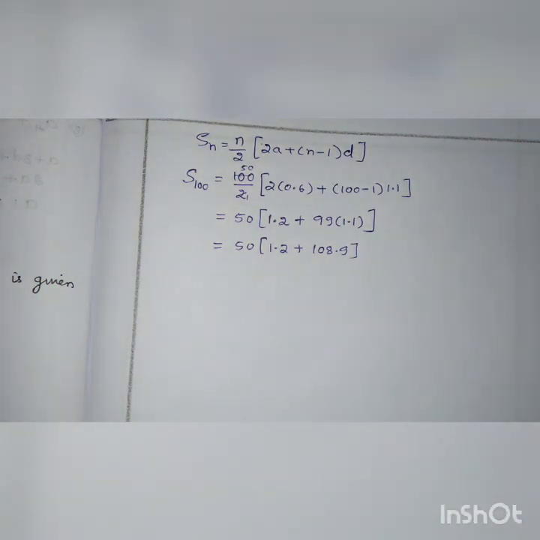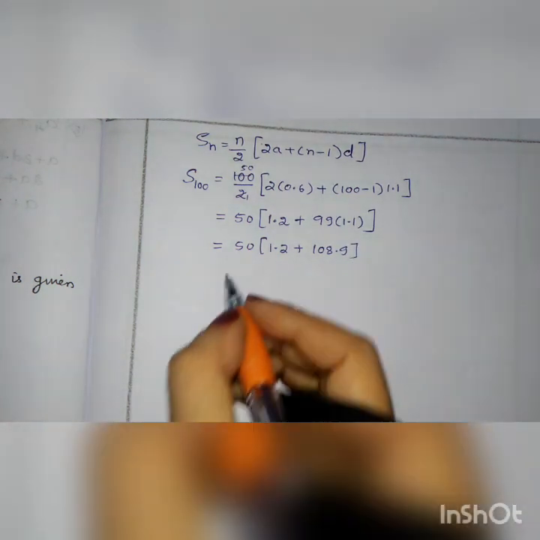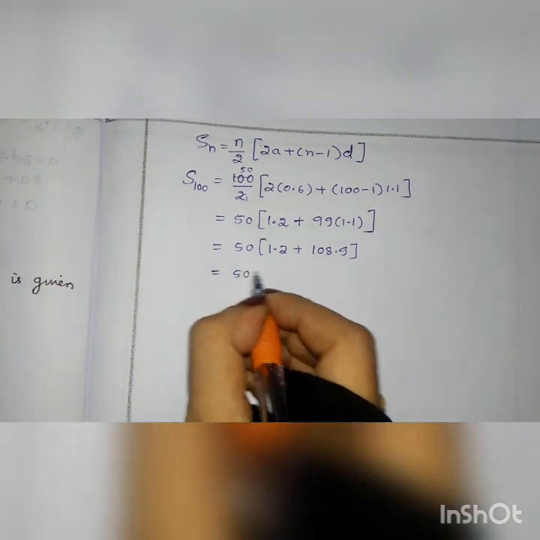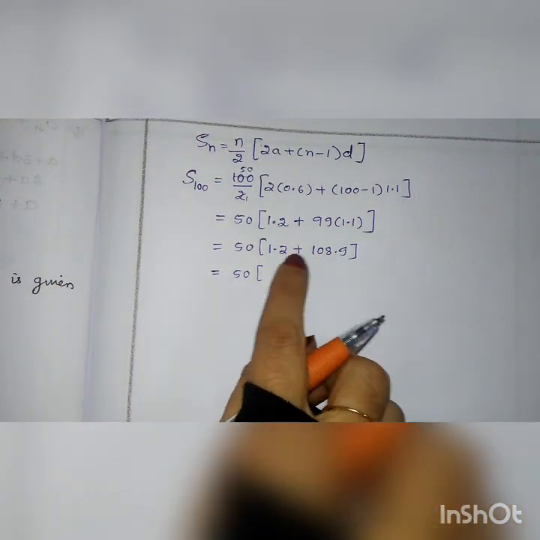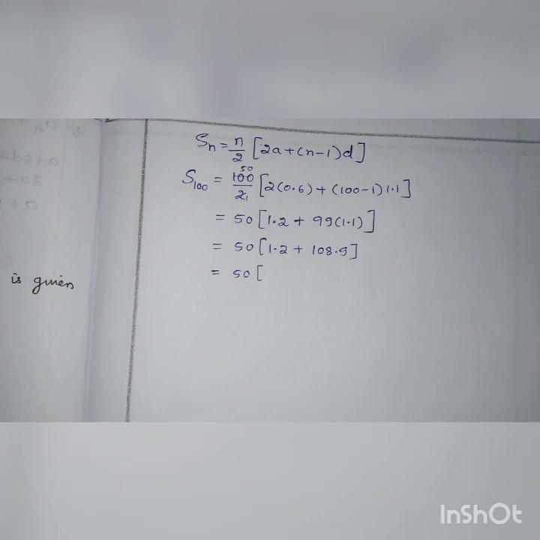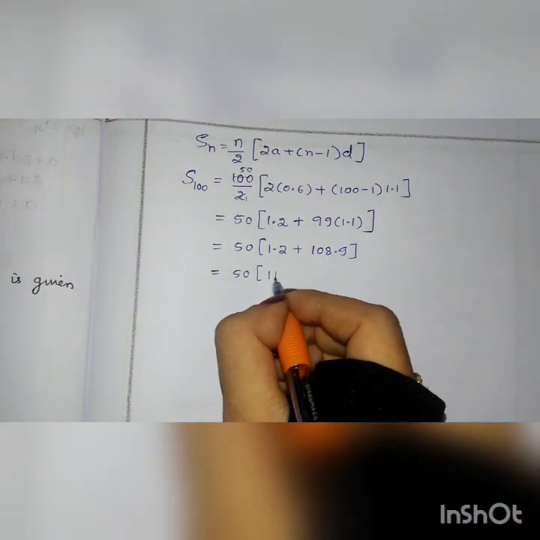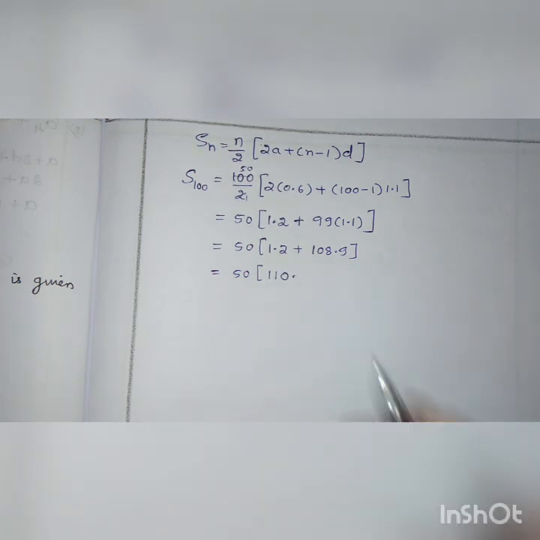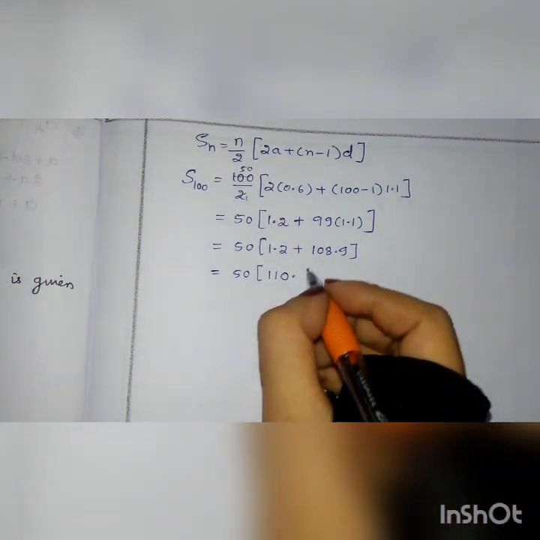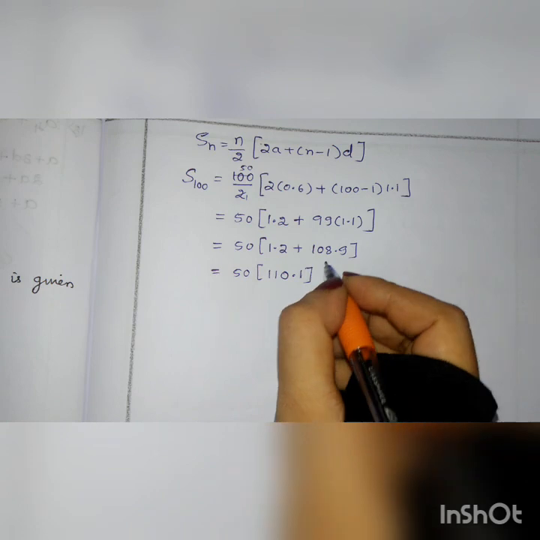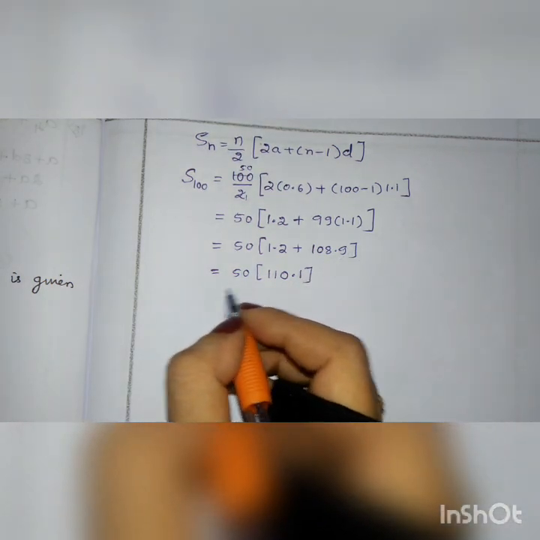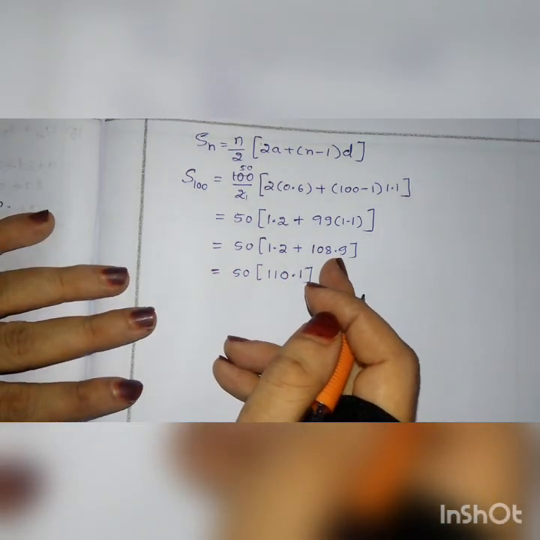So we will add this: 108.9 plus 1.2 is 110.1. You can multiply and check, you will get the same answer, because addition and multiplication take a long time,